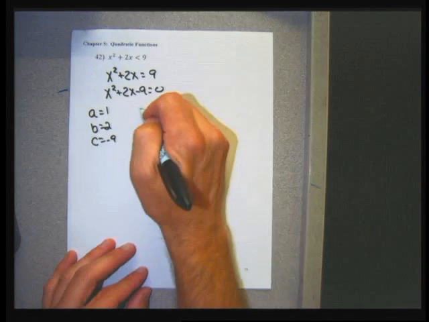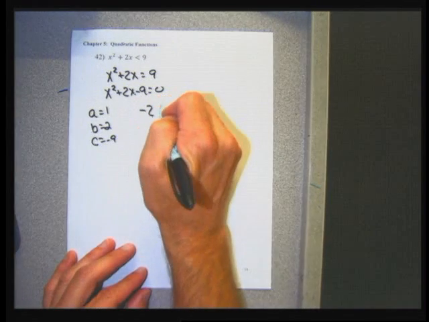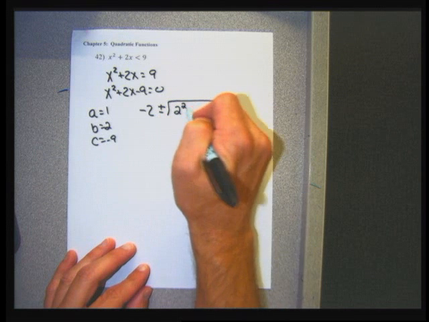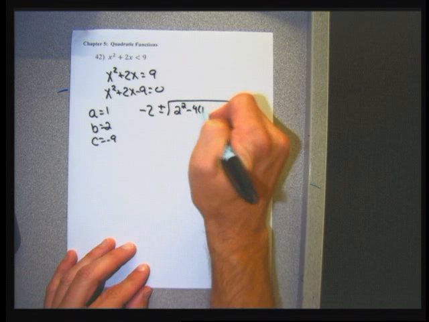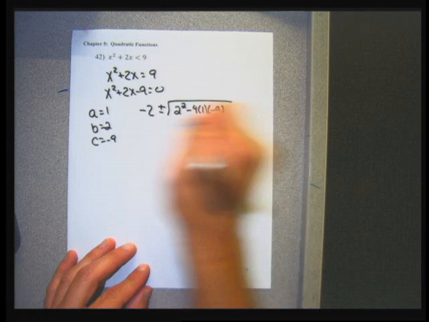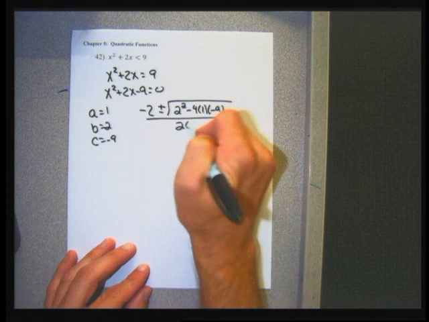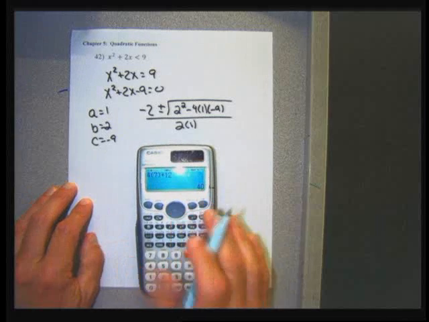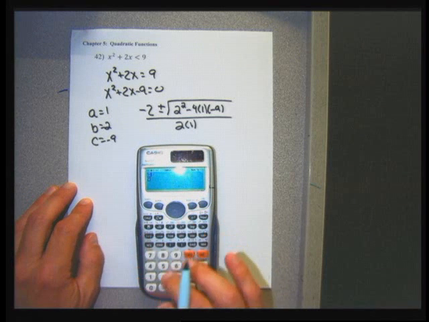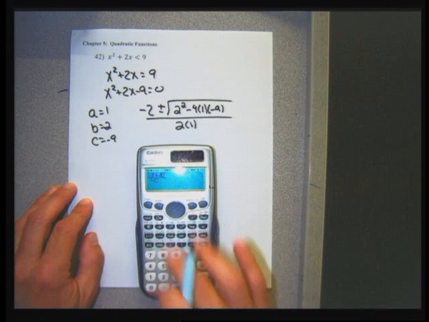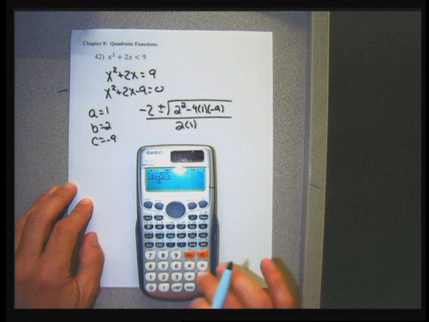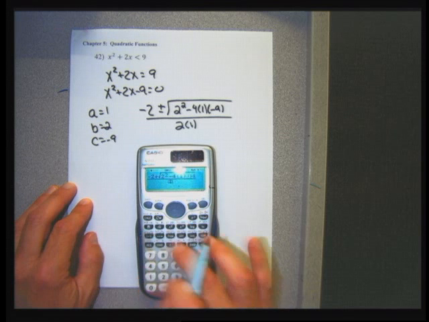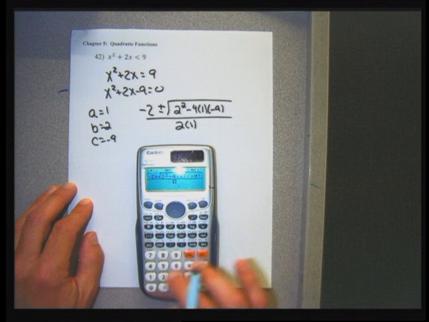I go negative b, negative 2, plus or minus the square root of 2 squared minus 4 times 1 times negative 9, all over 2 times 1. Calculator time. So fraction negative 2 plus square root 2 squared minus 4 parentheses 1 parentheses negative 9, all over 2 times 1,